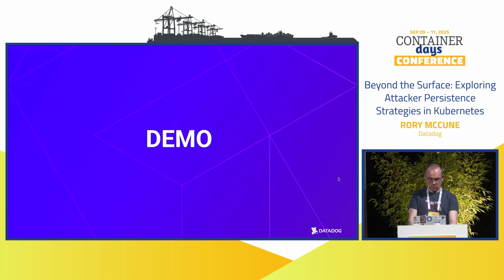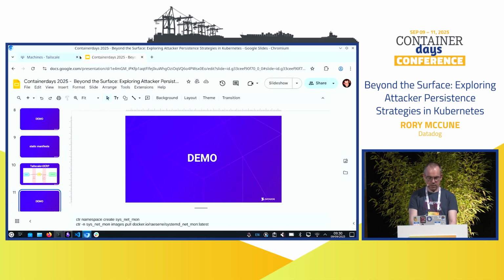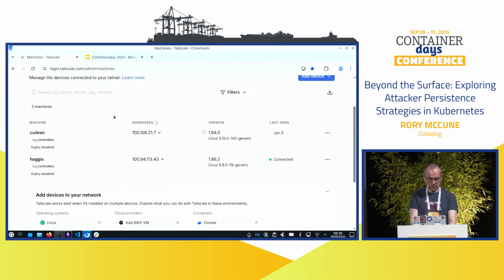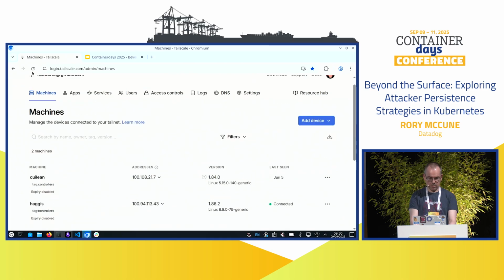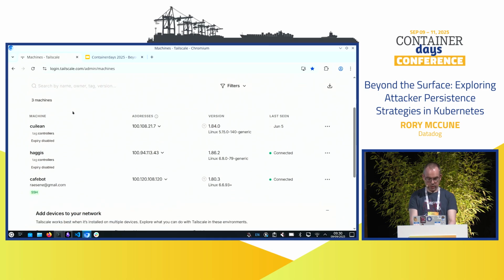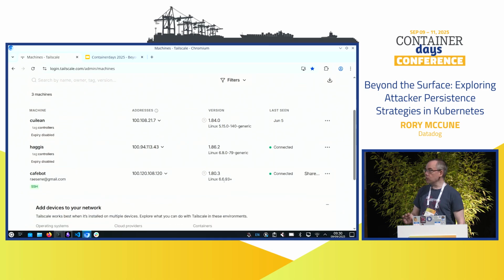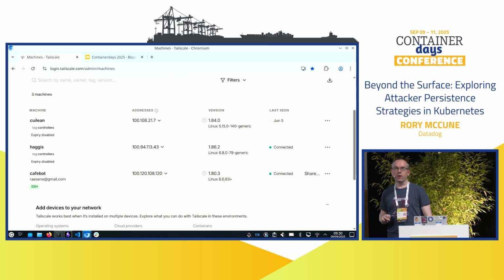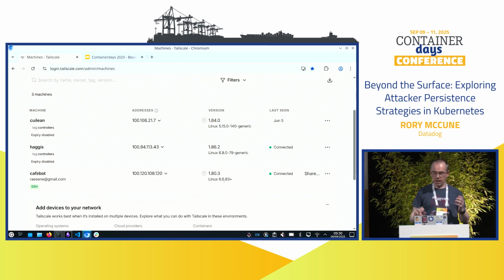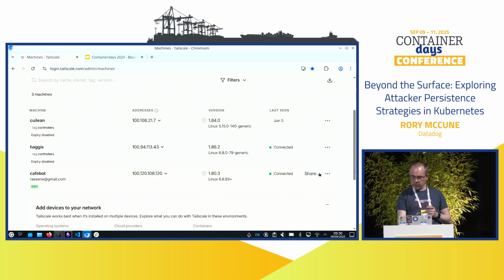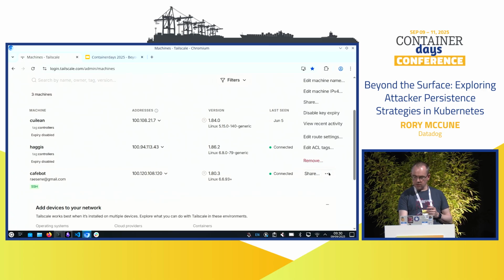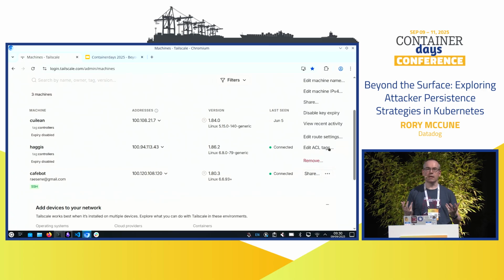And then what we can do is I've got a Tailscale console, if things are working. Let's reload that, see if it's going to turn up. There we go. What we've got here is a new thing. We've got our cafe bot. So we've called it cafe bot because it's in the cafe. But what I'm going to do here is make use of another one of their features, which is ACLs. So Tailscale has ACLs, which means you control what access things have.